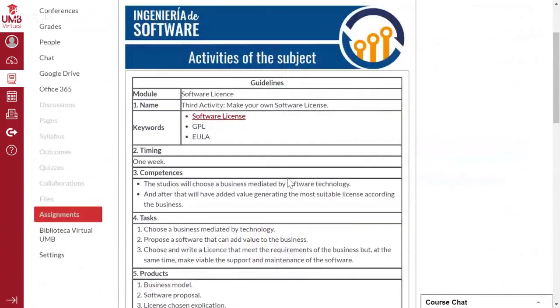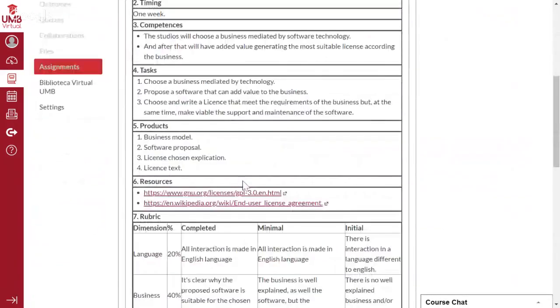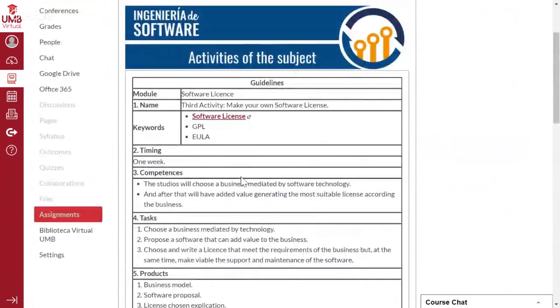The third activity is to make your own software license. This is quite straightforward. Actually, you can start to do it right now if you want, because what you need to do is to find a software that is being used in a company or by a family, by you if you want, by your friends, girlfriend, boyfriend, boss, whatever you want, daughters, sons,